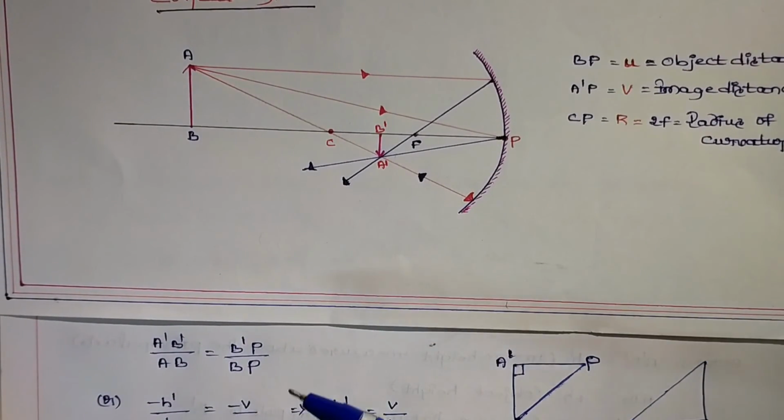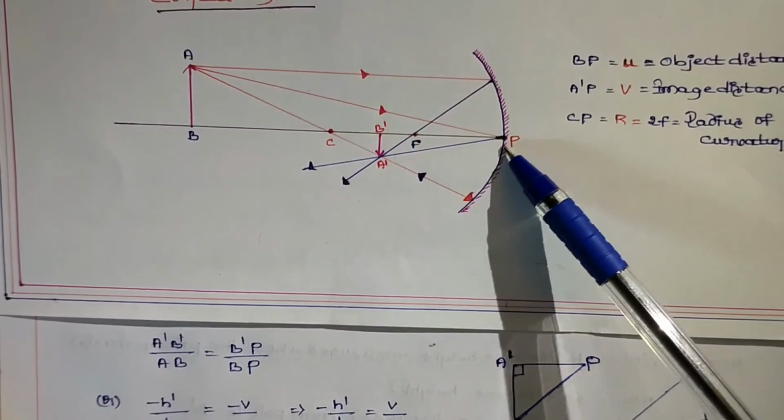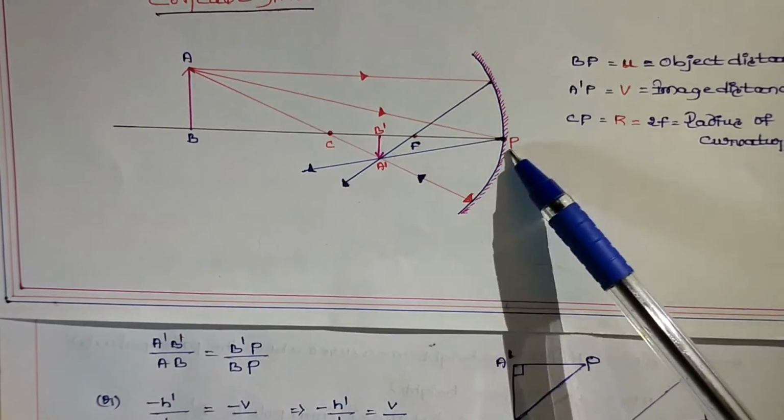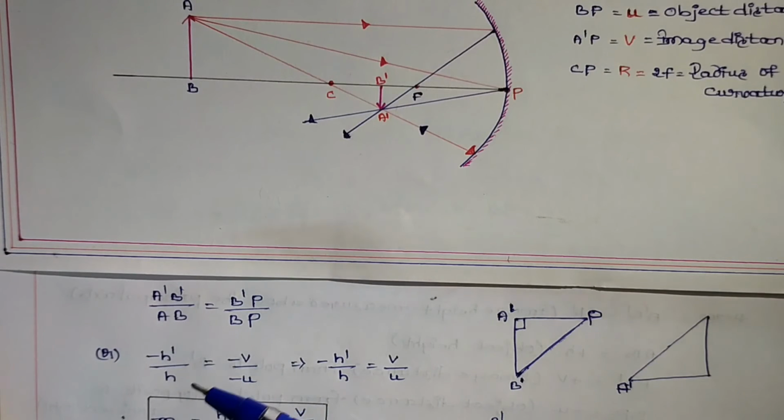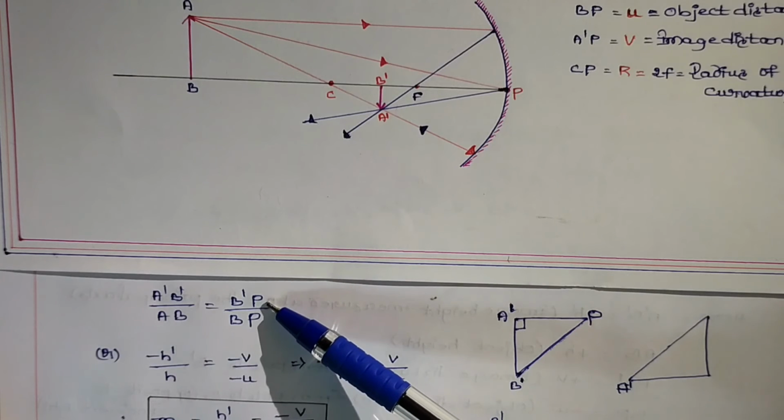These are the bases, B dash P and BP. Then A dash P we represented as h dash, and AB as h, is equal to B dash P, the image distance,